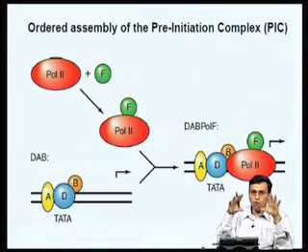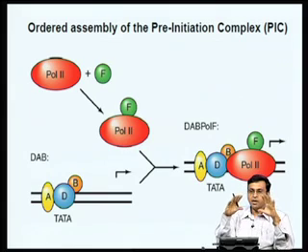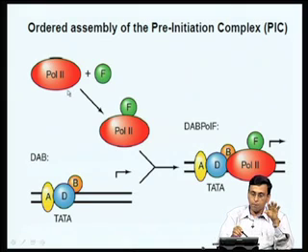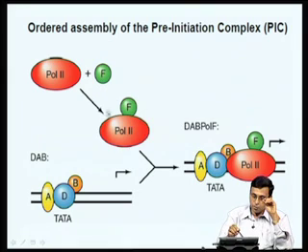So, what I told you so far is that there is a very ordered assembly of a pre-initiation complex in a eukaryotic protein coding gene promoter. You have, for example, RNA polymerase II, which itself contains up to 12 subunits in the case of yeast, and this polymerase II first has to associate with the protein factor TFIIF. This polymerase II and TFIIF then goes and binds to the promoter region, where first the TFIID, which contains the TATA binding protein, comes and binds, then it recruits TFIIB and TFIIA, and this is called the formation of a DAB complex.